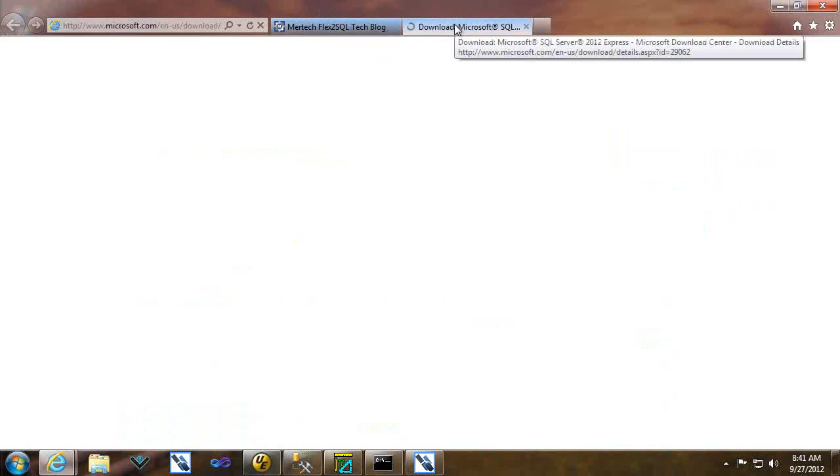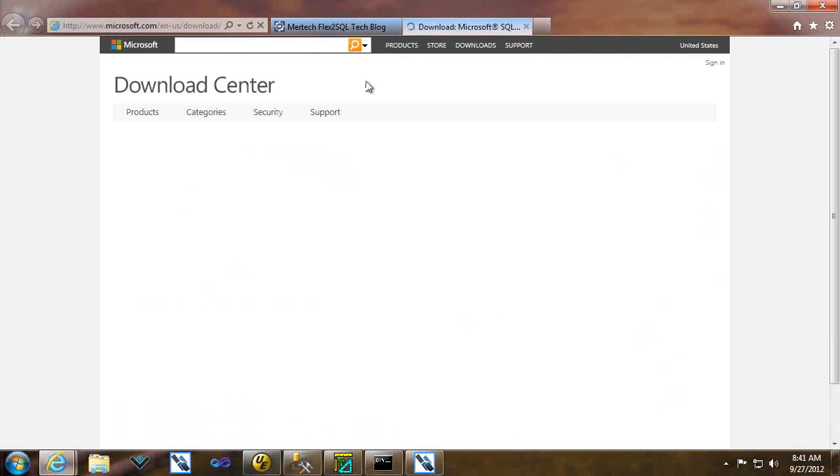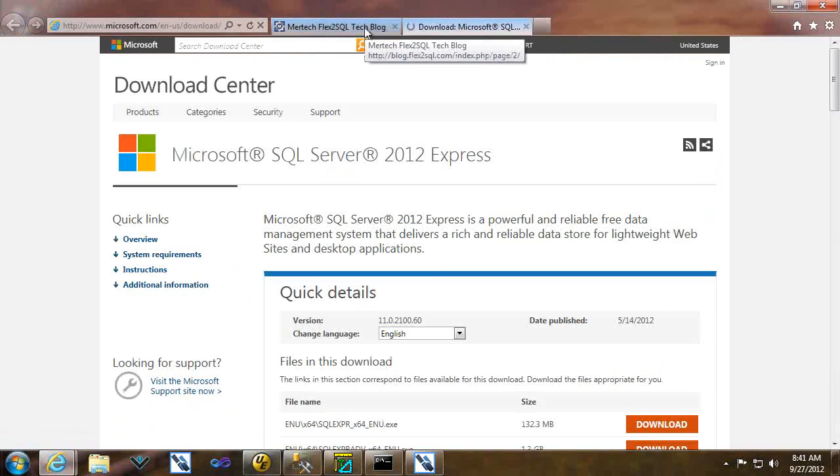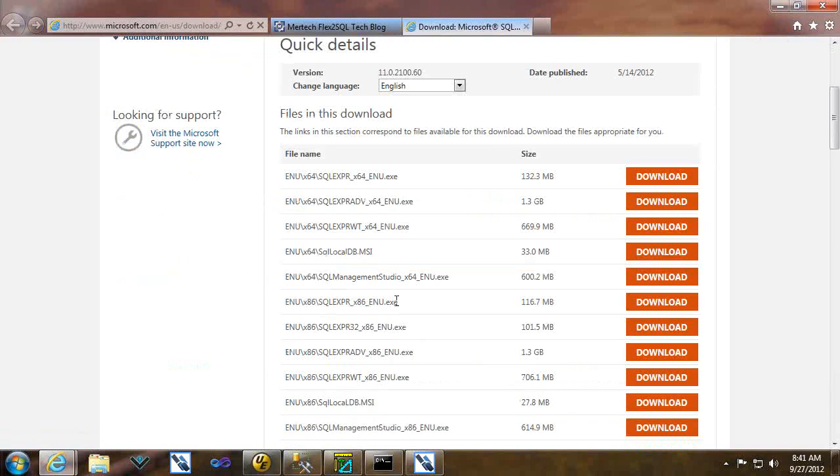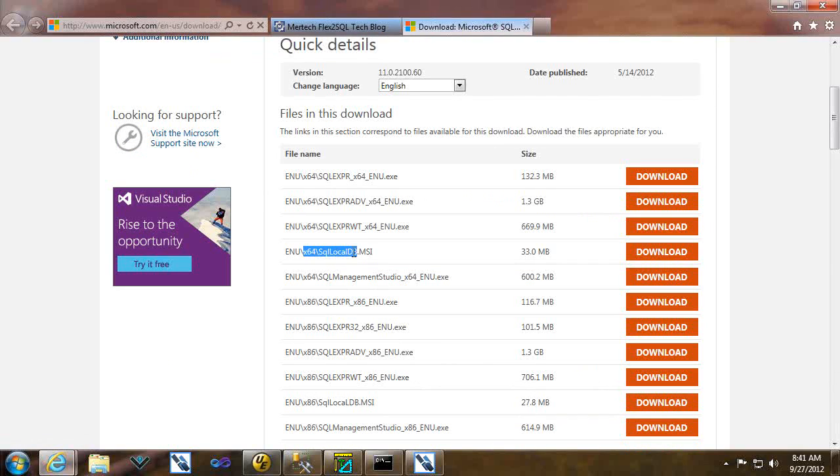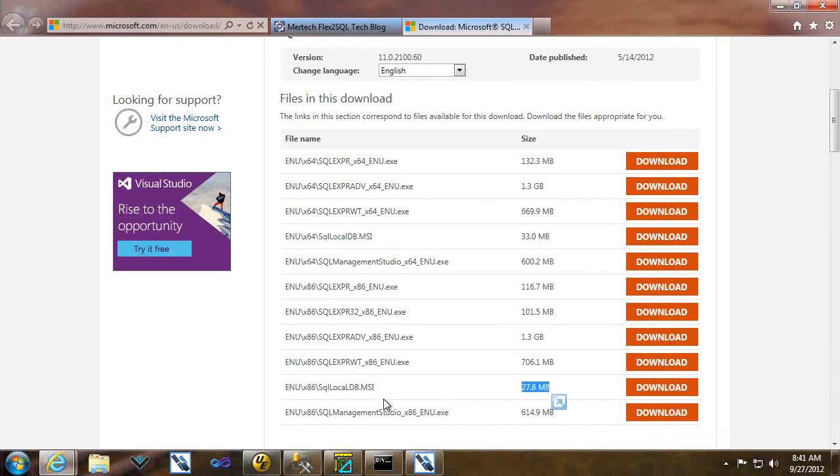The Microsoft link here has all of the SQL Express LocalDB installers, if it ever comes up. So you can see here, 64-bit, it's a 33 meg install, 27 meg install for x86, and it is truly